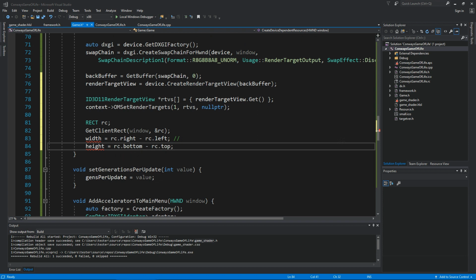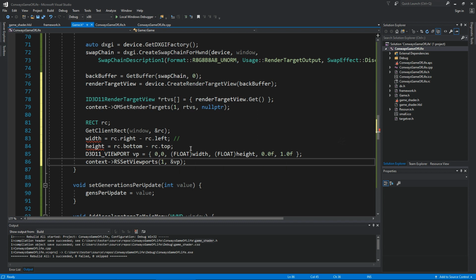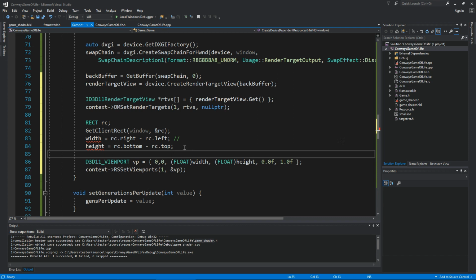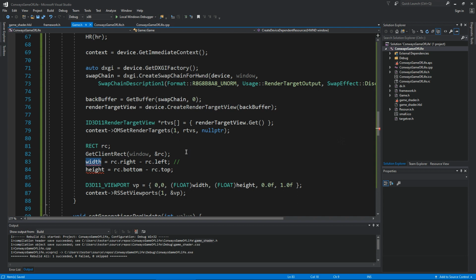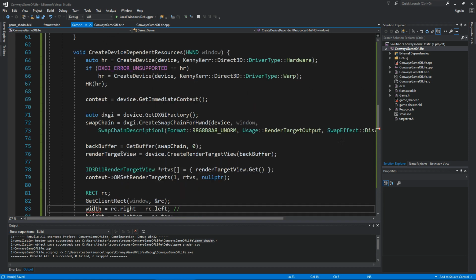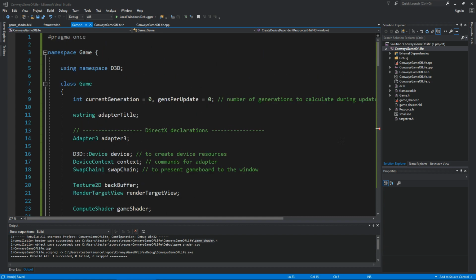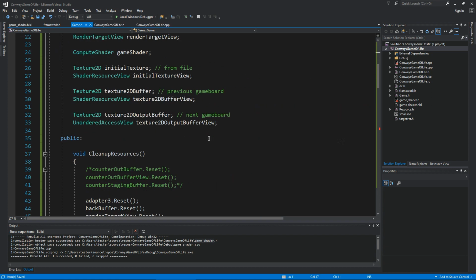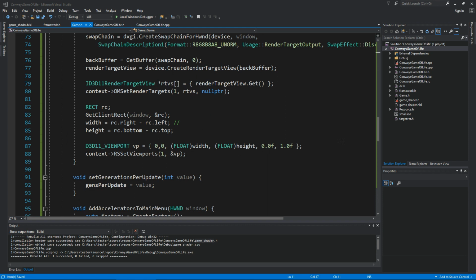Viewport is the area where our back buffer texture will be presented. Okay, width and height is our game board size. So let's add these variables before adapter title. Okay, after setting viewports,